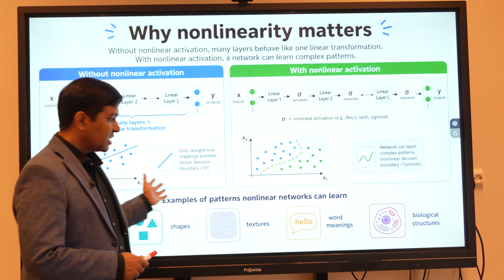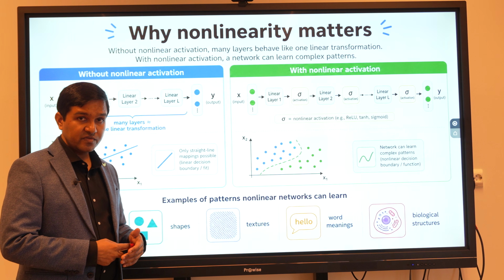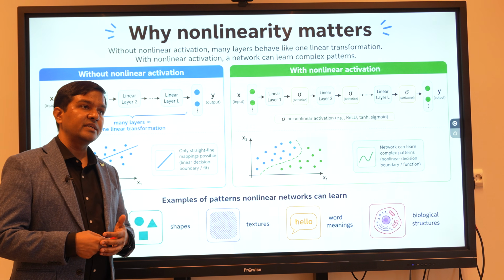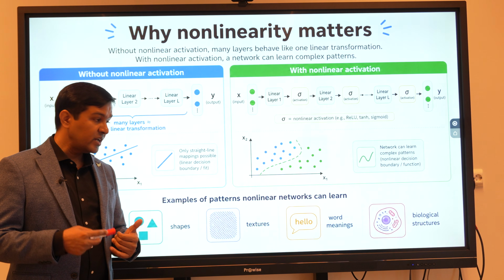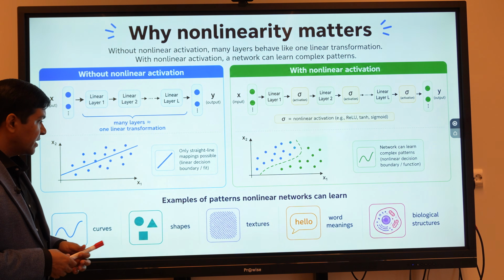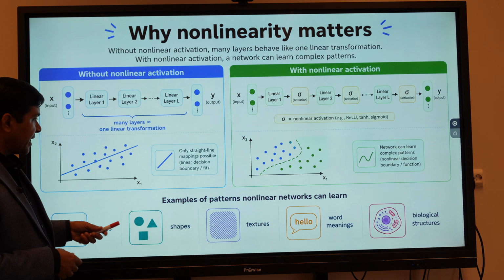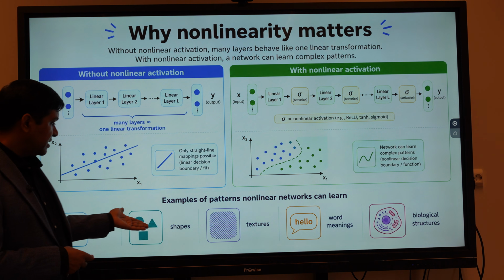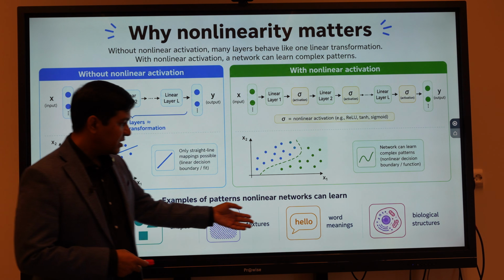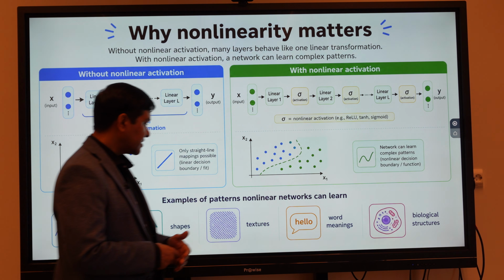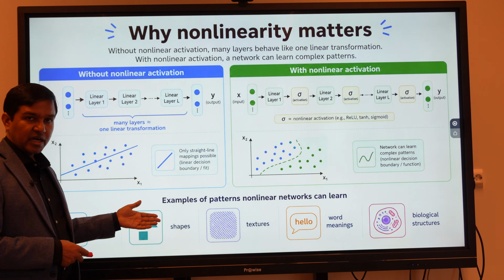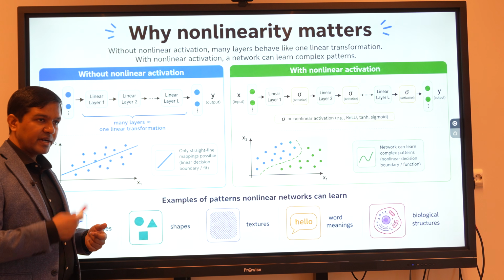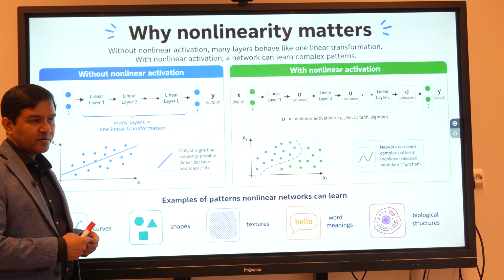Now those are the nonlinear activation functions we applied, and why nonlinearity matters, meaning why deep learning requires nonlinearity. You see the patterns below: curves, shape, texture, halo, biological structures. These patterns are nonlinear, and in classical systems, learning them in a linear way was difficult.